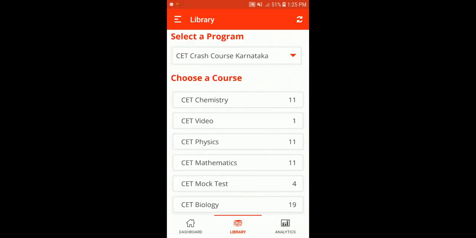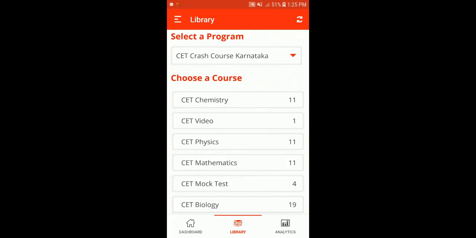The library contains the contents. The content is based on first year and second year topics. Physics, chemistry, mathematics, and biology subjects are included here.